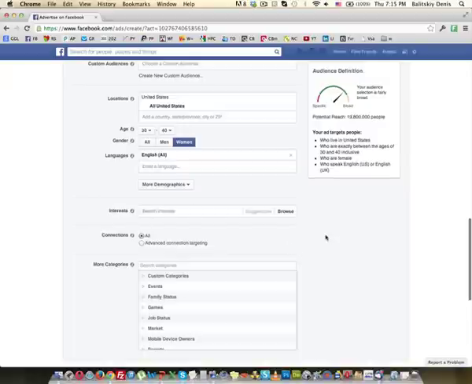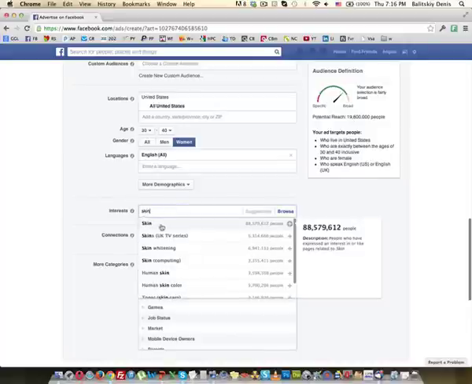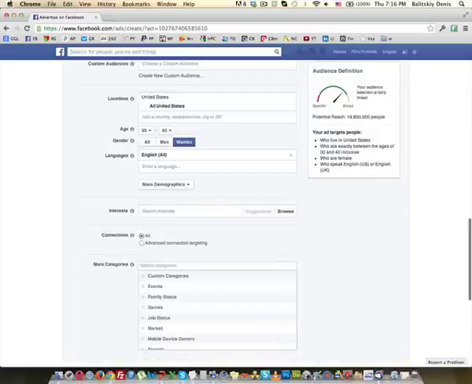No precise interests. Why? Because I already have enough targeting. I'm talking about United States, 30, 40, women, and I don't need that. Now, this is something that has to do with a very broad product. Now, there are broad products and, of course, the second type of specific product. So if you're promoting, let's say, a cream on wrinkles, then you need to understand that you have to have precise interests, okay? And, of course, a precise interest would be skincare, for instance, okay? And another precise interest would be shopping.